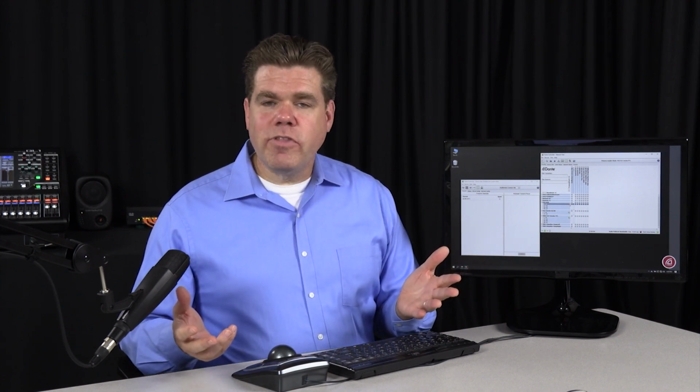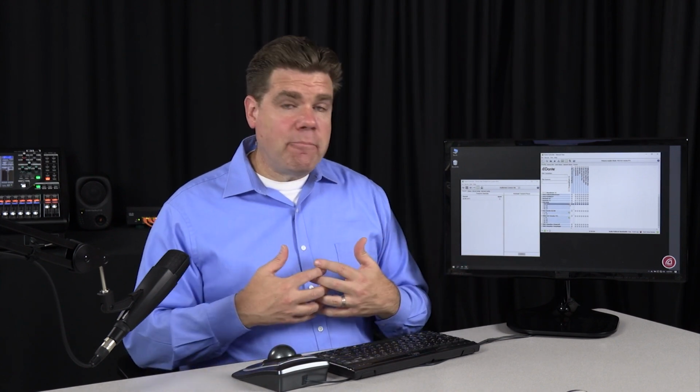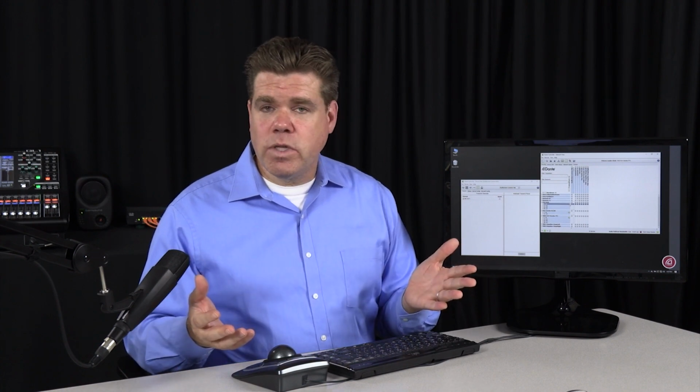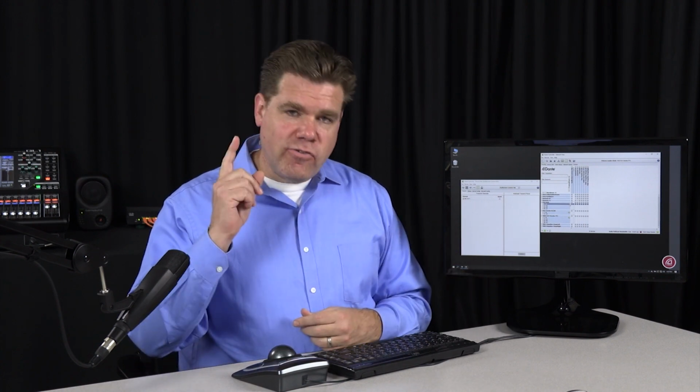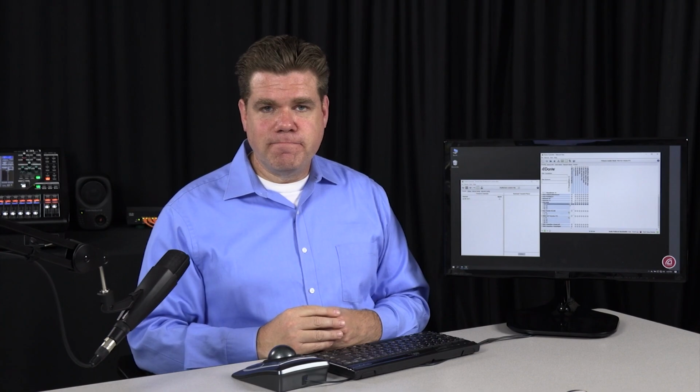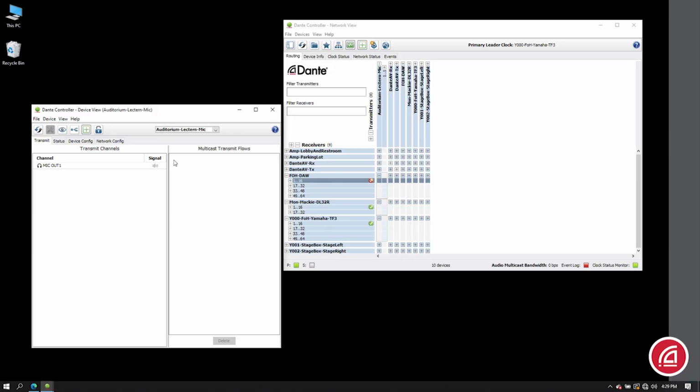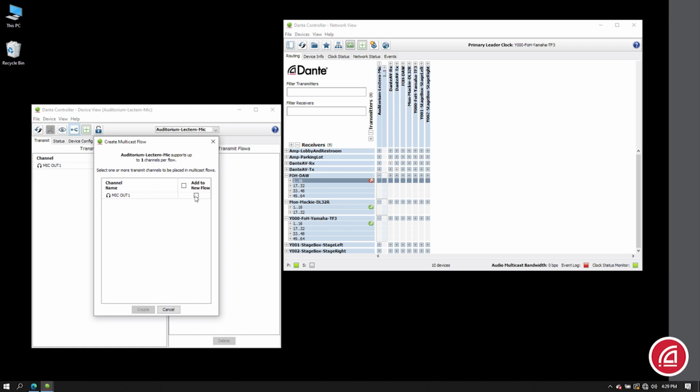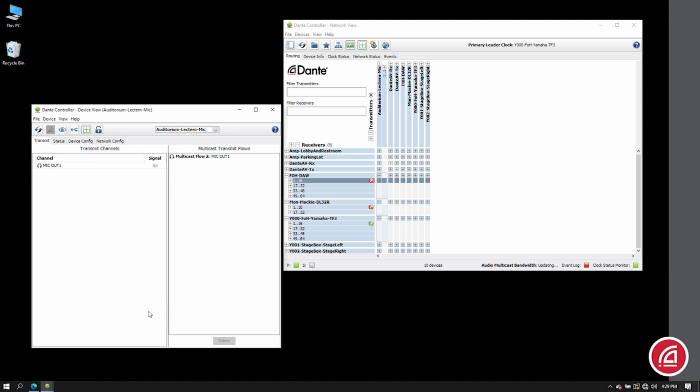Of course, we do it with a multicast flow. At that point, we'll be able to hit as many devices as we like within our broadcast domain using a single multicast flow. Okay, so we go to the device view for the lectern mic input, we click on the multicast icon in the tool ribbon, and we make a multicast feed with that single channel. We now see the multicast stream here, and off to the right, we can see that the system is able to reach all 3 destinations.